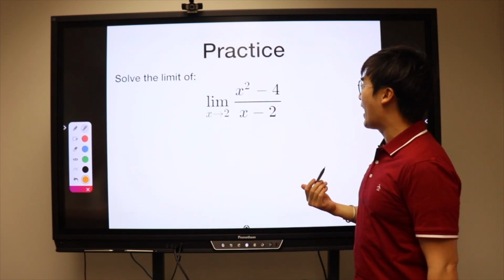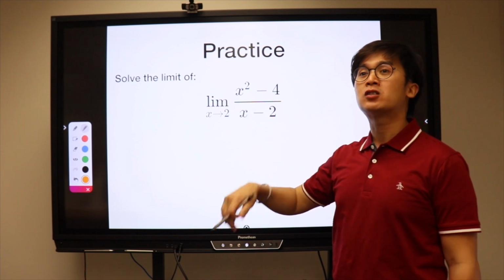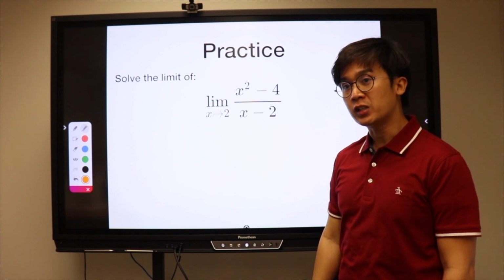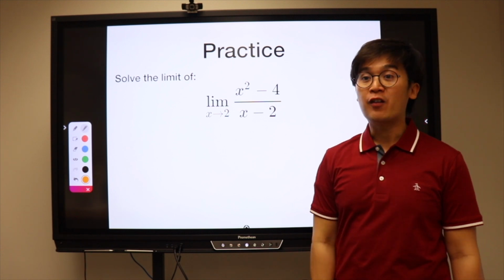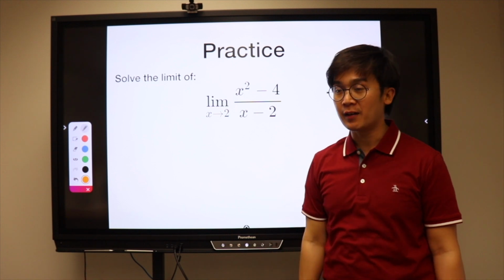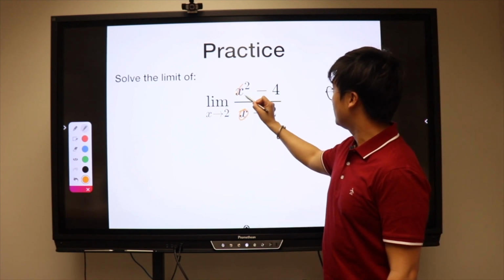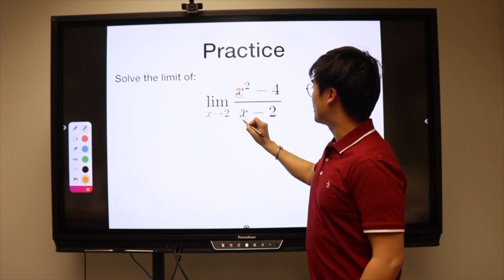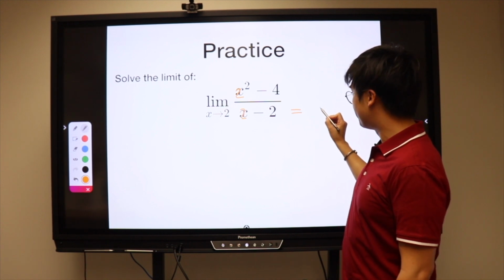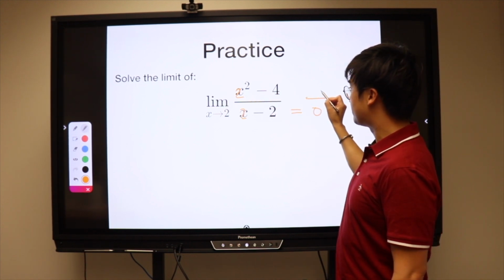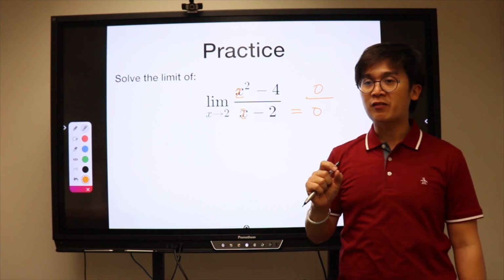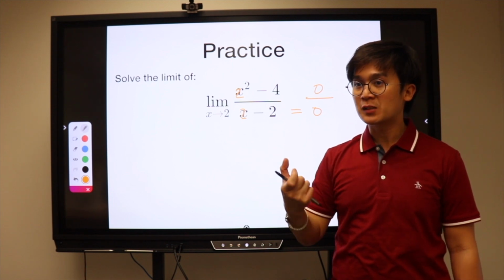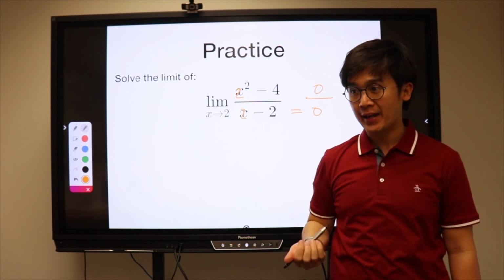x squared minus 4 all over x minus 2. If we direct substitute 2 to x, what will happen to your rational function? It will turn into 0 if we use direct substitution, because this becomes 0, this will turn into 2, this will turn into 2, and 2 minus 2 is equal to 0. And this one will become 0. So what special type of rational function is this? We tackled this 2 weeks ago. There is a special term we use for 0 over 0 in mathematics. We call it